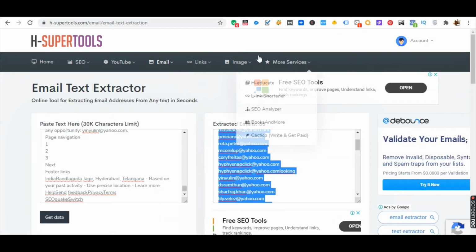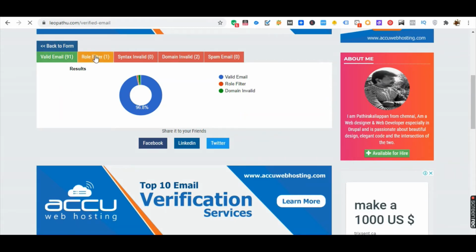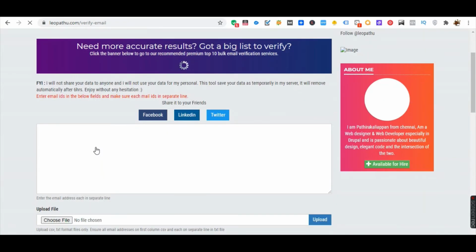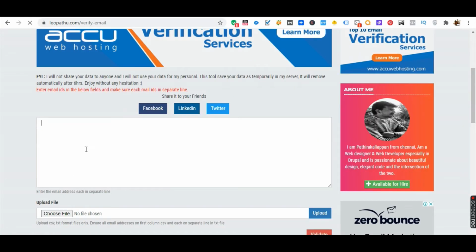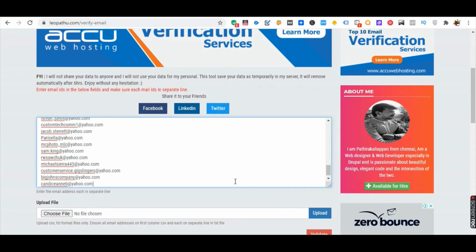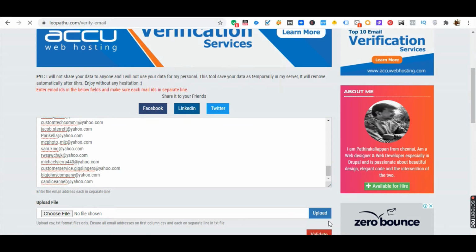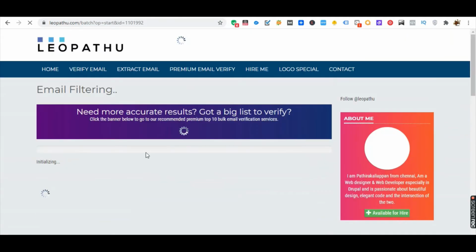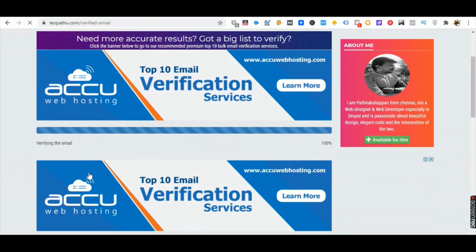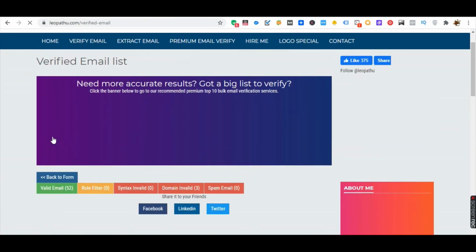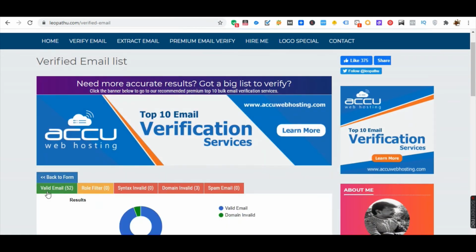Go paste it in the verification field, click on back to form, enter your Yahoo IDs, click on validate. "52 emails are valid," so I would be copying all these valid emails.